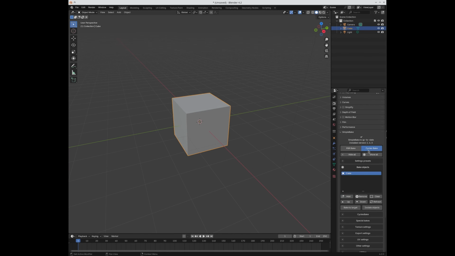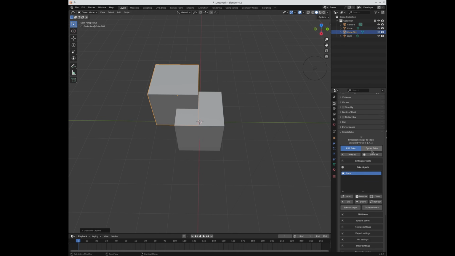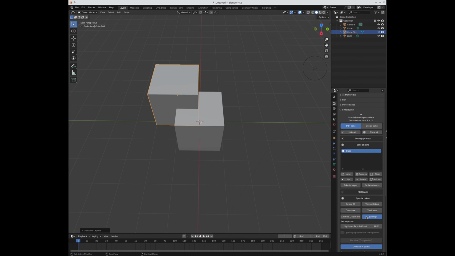So really simple. The isolate objects option is most relevant for Cycles bake when, again, you're talking about baking objects, they get baked taking into account light and shadow and things like that. Less relevant for PBR because it's all just baked as emission. There's no light, there's no shadow baked into the texture, so they can't really interfere with each other. I still have the option available here because I think it can make a difference in some circumstances, and I think especially if you're baking like a light map in PBR mode, it will affect, as we discussed when we were talking about special bakes. Light maps are basically a Cycles bake because that's how they work, so it's more relevant there,